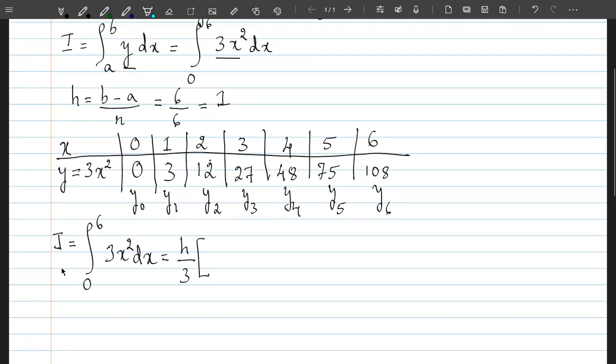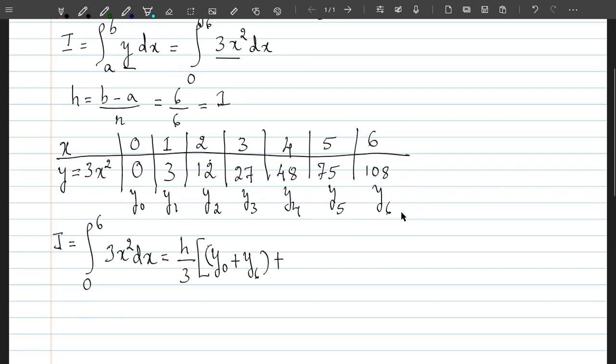While writing the formula here, we can write the general formula and then use it for the given case, or you can directly write the formula which we need to solve this particular problem. So I'll directly start with the formula here. Please listen to this step carefully. We take the first term as the sum of the first value of y with the last value of y, which is y naught and y6. So we write y naught plus y6